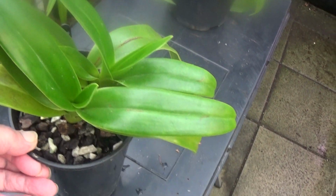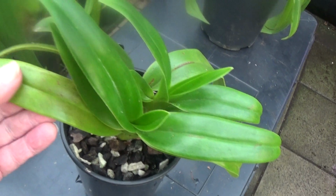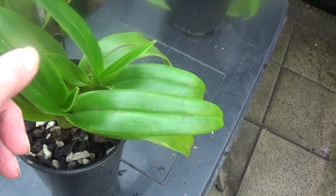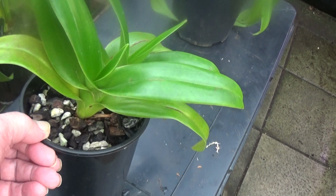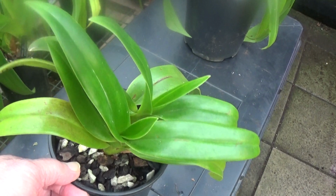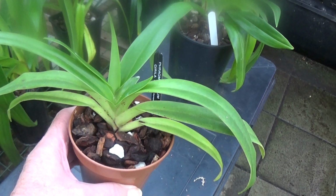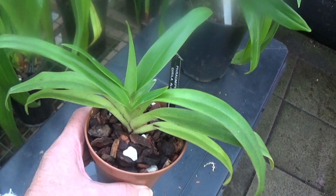It's doing very well. In this light, these leaves look yellow, but they're not. They're a very, very pale shade of green. And these are very, very dark green, of course. So I'm looking forward to that one, because the flowers on these are nice too. Phragmipedium Ruby Slippers. This is another phrag I got as a single plant, which is the caerulea alba, and